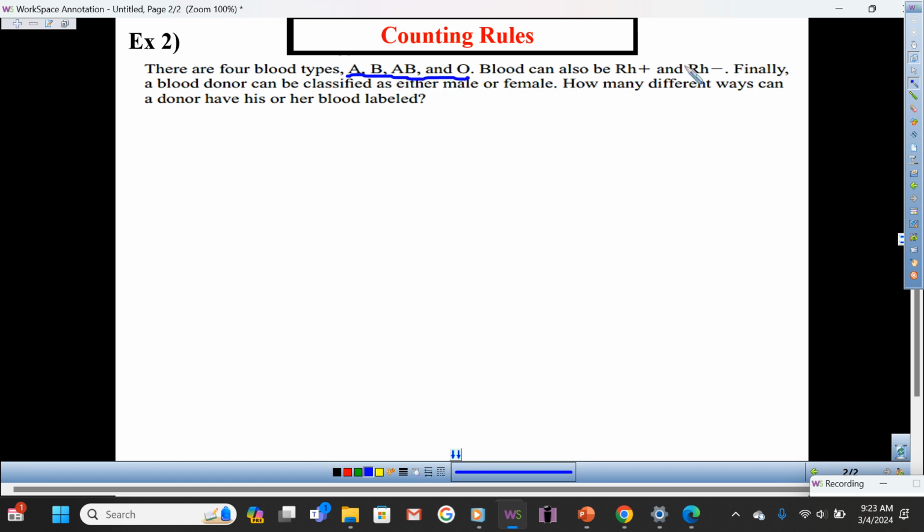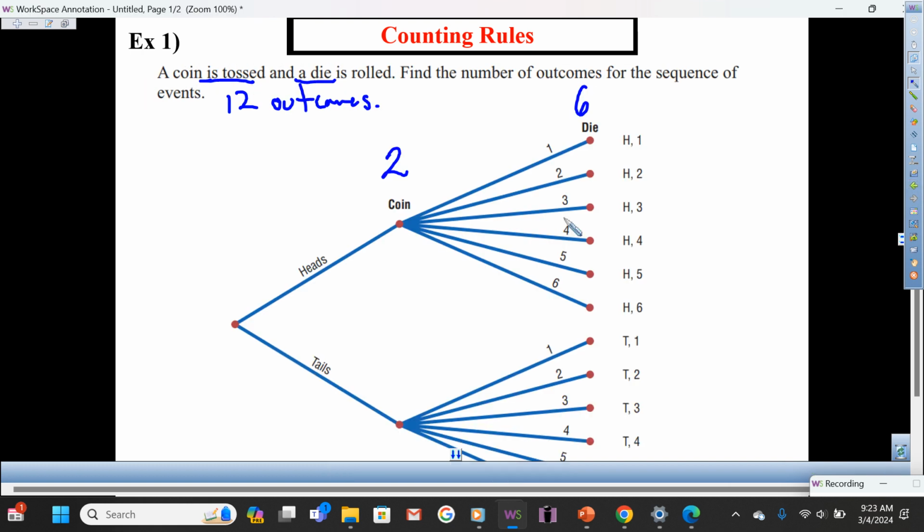That's one set. Second set. And third set. Picture the tree diagram as it builds. Talk it over with your neighbor. According to what we did over here,